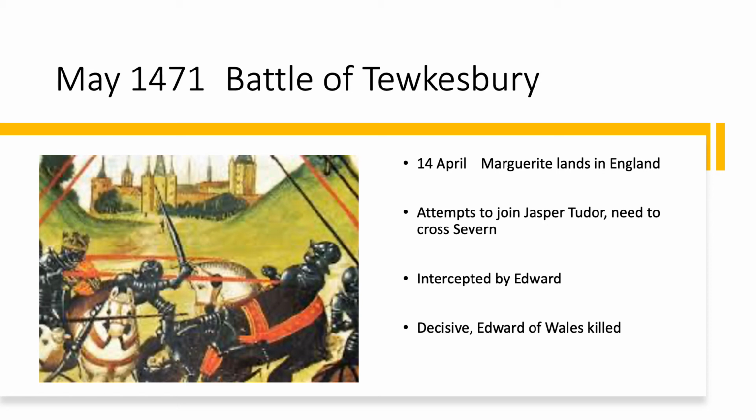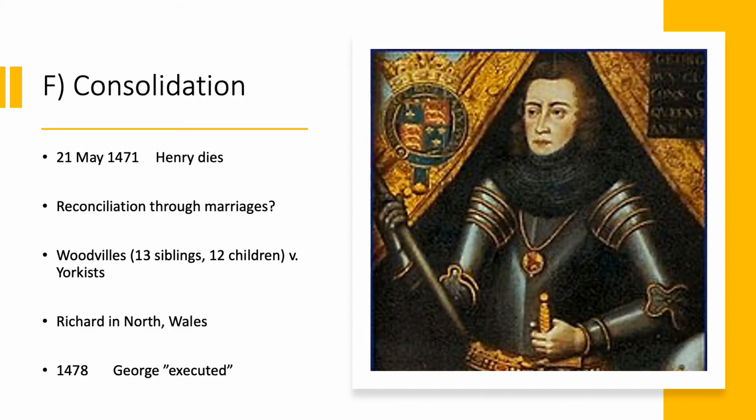Not only does he decimate Lancastrian forces, one of the people who's killed is Edward, the Prince of Wales. And in the absence of her son, this leaves Marguerite very little to fight for. And so she no longer is as adamant about restoring Henry because she doesn't see any future gain. Finally, Edward is able to return to his throne in London to restore order.